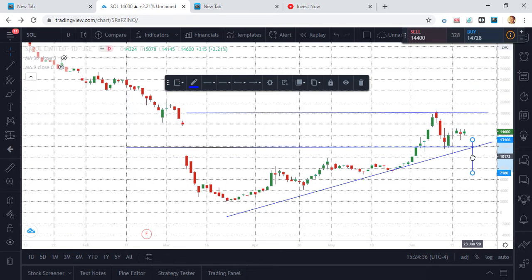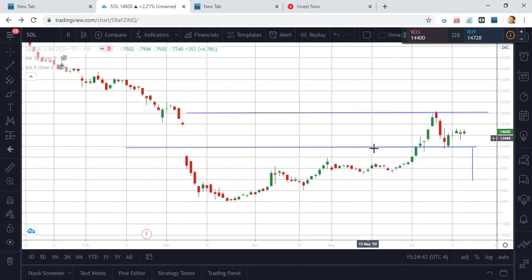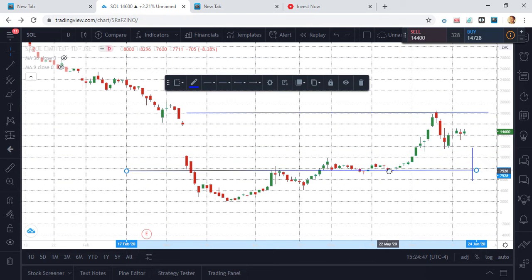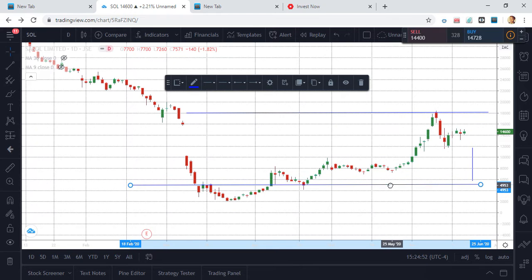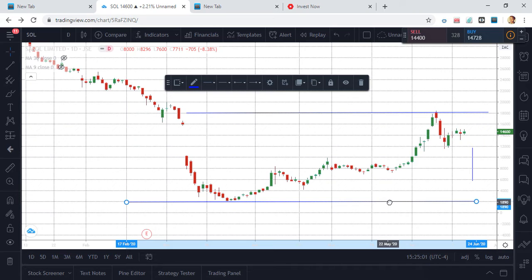Because if this market falls, it will break the support that we have there, and then it can go somewhere there. So we have another support there, and then it can go further to 18, where we have another support. So if we are planning to buy or planning to sell,